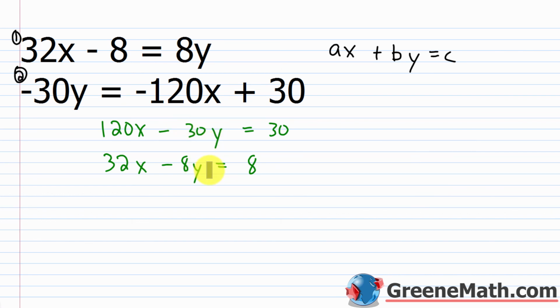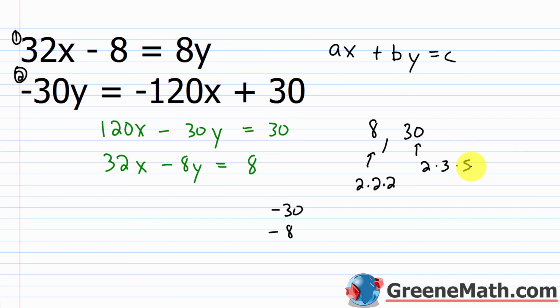So I'm going to work with y. So if I have negative 30 and I have negative 8, forget about the signs for a second. Just pretend you have 8 and you have 30. What's the least common multiple there? Well, 8 is what? It's 2 times 2 times 2. 30 is what? It's 6 times 5, or it's 2 times 3 times 5. So really it would be 2 times 2 times 2 times 3 times 5, or 8 times 15, which is